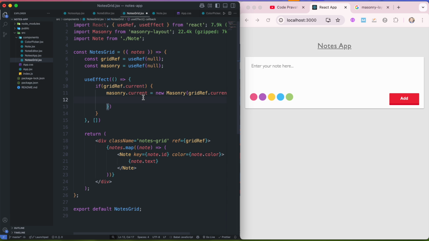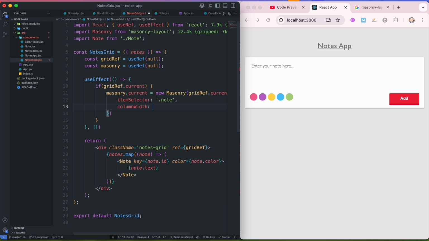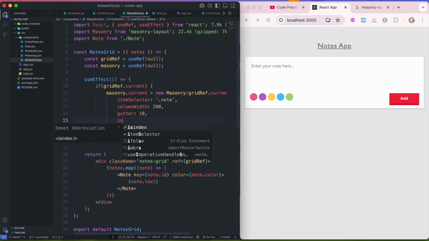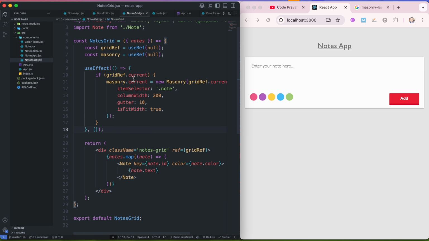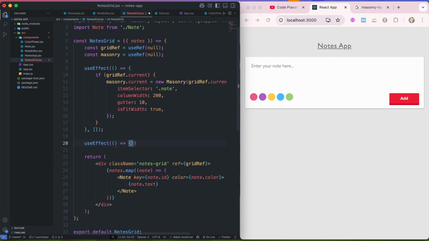it takes some properties. So itemSelector, what you want to select, and because I want to select my node, I'll say .node, which is having this class, and then I'll say the columnWidth I want is 200, and gutter, which is the gap property as we use in flex, so I'll say 10, and then one more property, that is fitWidth, and I'll say true to this. So in this useEffect, I have initialized my masonry ref, and then